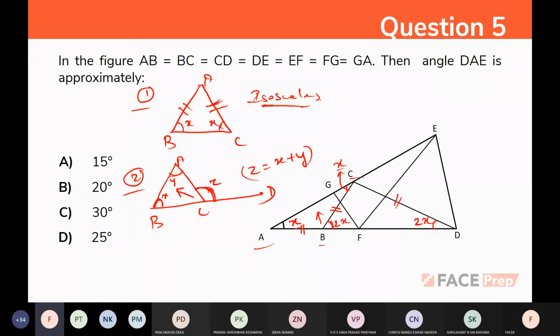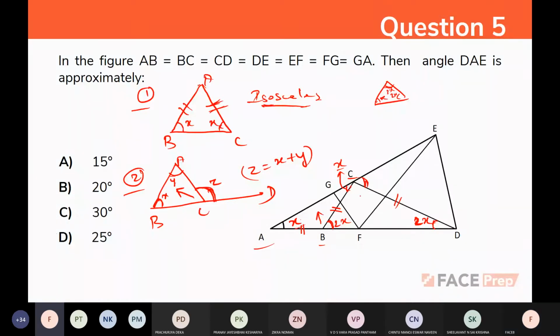And we are finding this angle. The ultimate aim is to find all the angles. So in a triangle, the angles will be like x, 2x, 3x. It won't go beyond that. If we add 2x and 2x for this exterior angle, it will go to 4x. So we cannot do that.